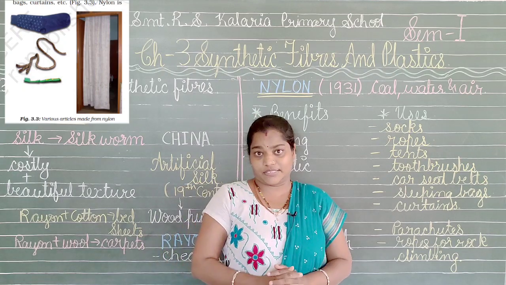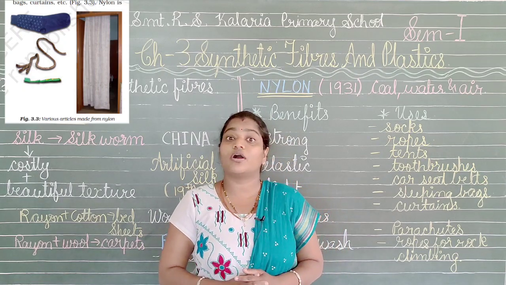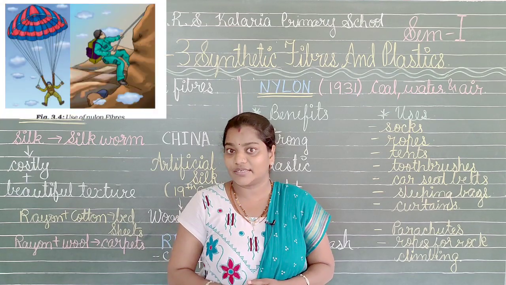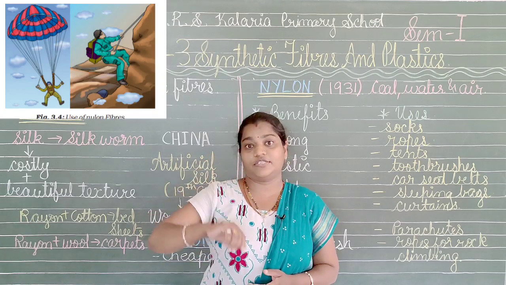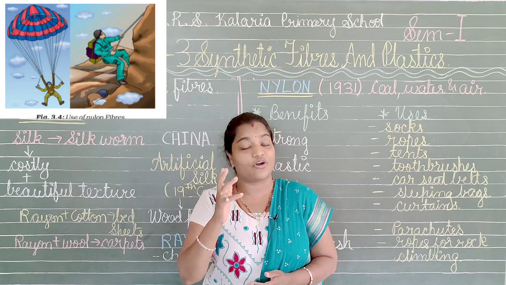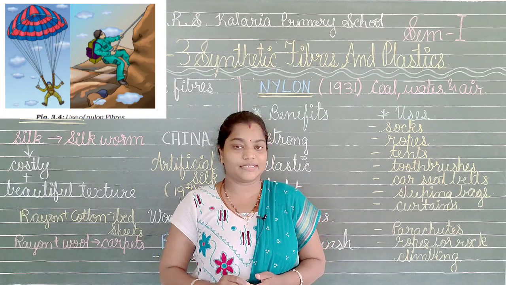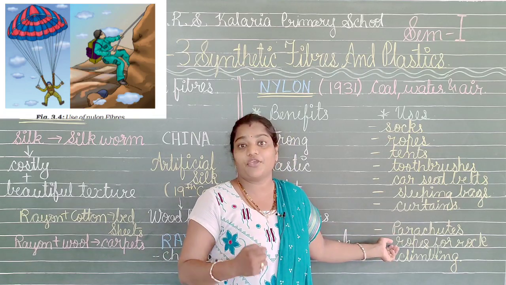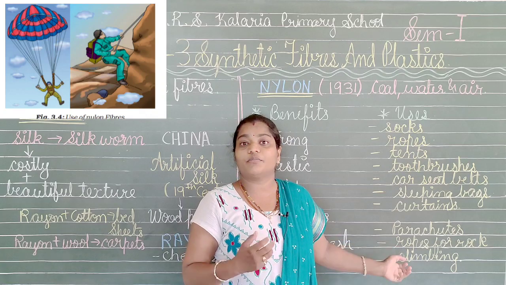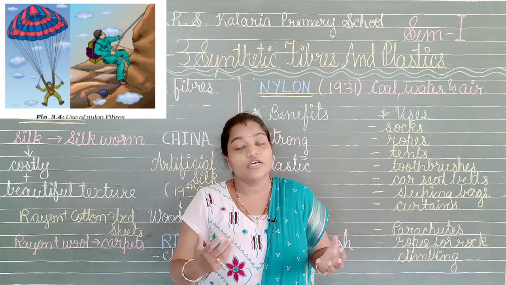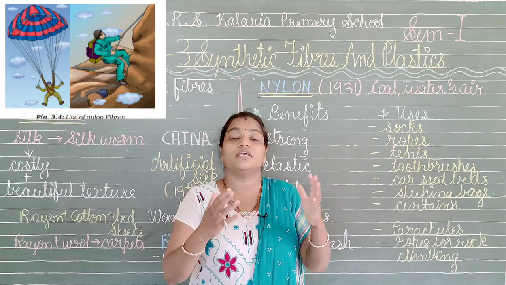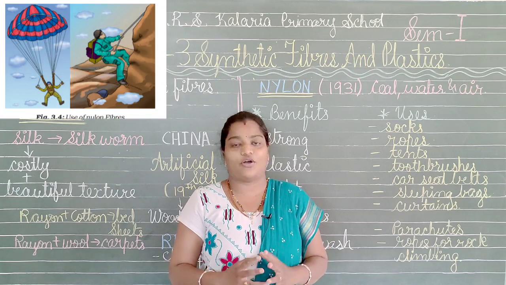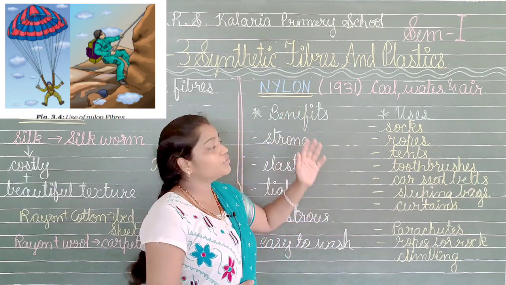Now, apart from this, nylon is a stronger synthetic fiber. It is so strong that it can beat steel wire also, you know that? So it is stronger than steel wire. Now you must be realizing how strong it is. Because of this strength, we make parachutes from it, and we make ropes for rock climbing, as we have to take so much weight with us, and we are also heavy. So when we are climbing rocks or mountains, we need strong ropes with us which will handle all these things. So this is the nylon which is useful over there.